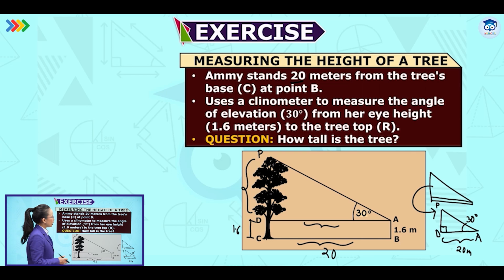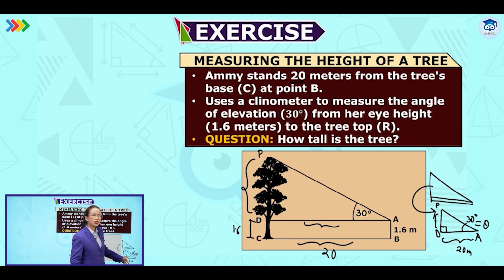Now when we look at this figure, we have one angle. We'll consider this angle as theta. With this angle, we have one known side, so this becomes the adjacent. Now we are going to find the opposite of this particular angle. Which trigonometric ratio involves the opposite and the adjacent? We know it's tan. So we are going to calculate the value of tan, then put the known value and then calculate the unknown.